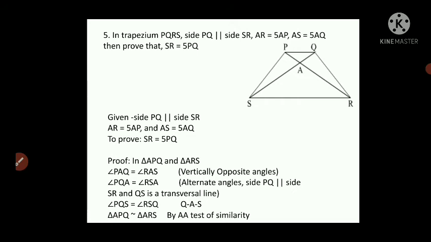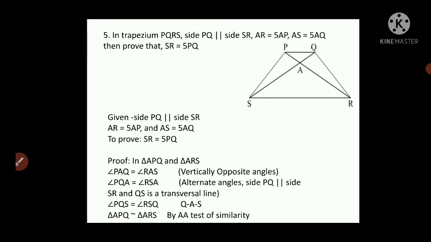So that means angle PQA will be equal to angle RSA. They are alternate angles. This you have studied in standard 9, Chapter 2 on parallel lines, and the transversal properties last year. You get alternate angles, vertically opposite angles, so different angles you get here. So we are using the alternate angle test.